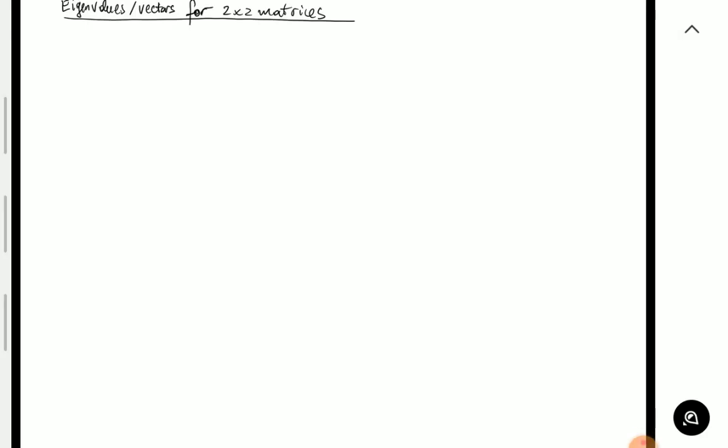Hello. Today we will have a bit of a lesson which is ahead of our schedule. We want to go over the concept of computing the eigenvalues and eigenvectors for 2 by 2 matrices. We will cover the topic of eigenvalues and vectors in more detail after we go over the general concept of